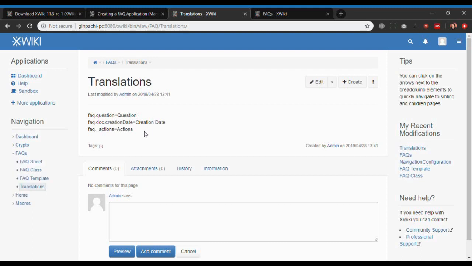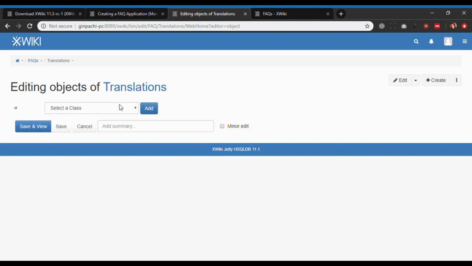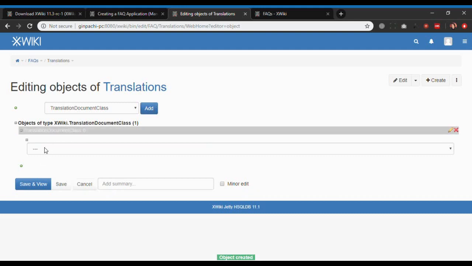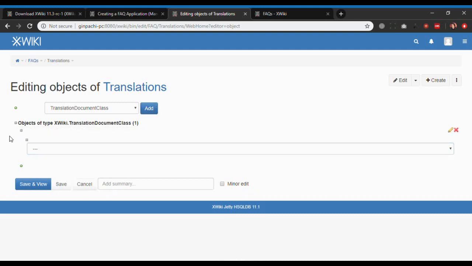For now, we have just created a simple page, and there is no object associated with it, through which XWiki can recognize it as a translation page. To make it work as a translation page, we need to associate an object with it. Go to the objects, then choose the translation document class, add this class,